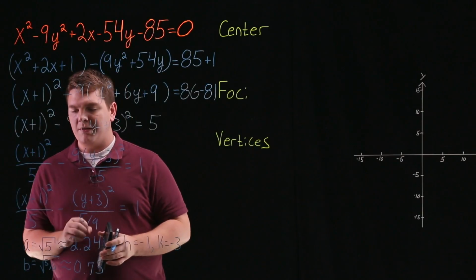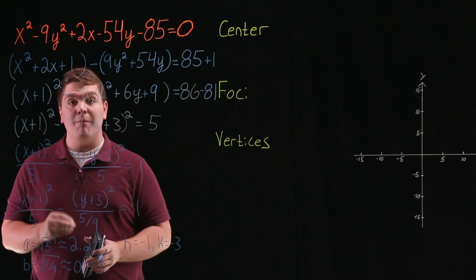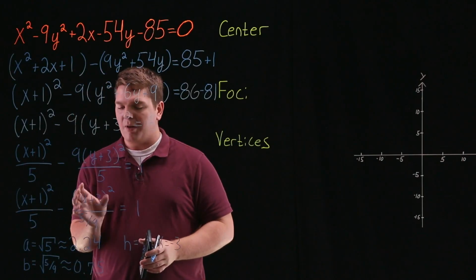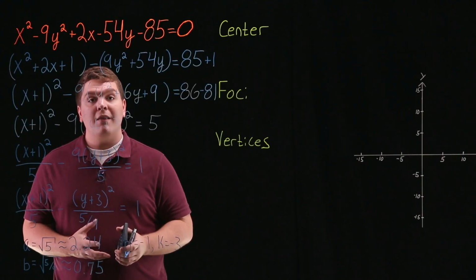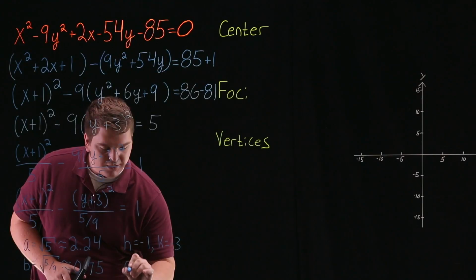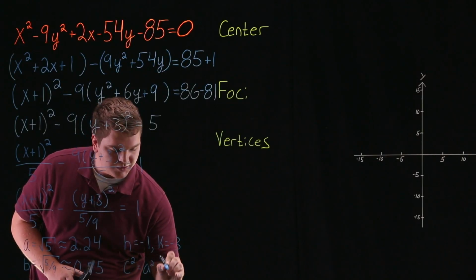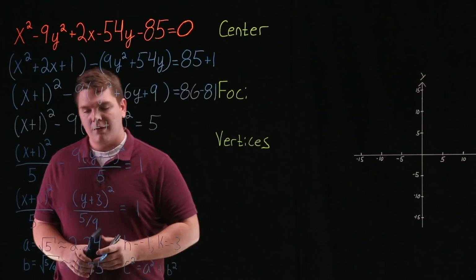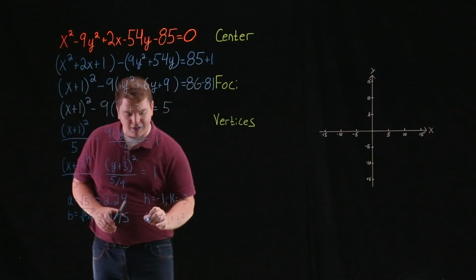And again, the reason why we think about it like that is because we want to think about this x plus 1 as an x minus -1, and we want to think about this y plus 3 as a y minus a -3. The last thing we'll want to do is find our c value. So we know that c squared is equal to a squared plus b squared. So we know what a squared is, and we know what b squared is. So we'll have c squared